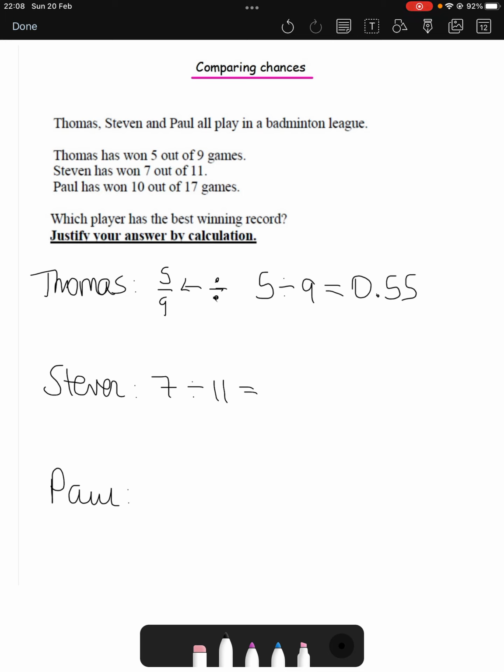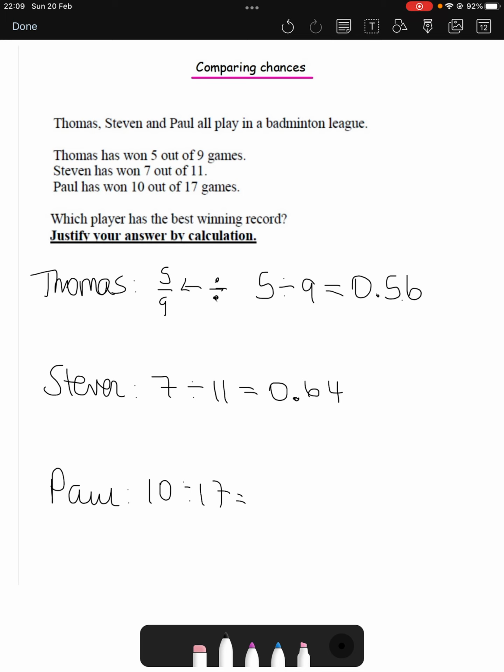And on your calculator, it says 0.555, which is going to round to 0.56. Now, you don't need to worry too much about rounding. If not, it's okay. But if you can do it, then that's great. So what we've got is 0.636, which is 0.64, so the first 2 numbers. And then we're going to do Paul, 10 divided by 17,